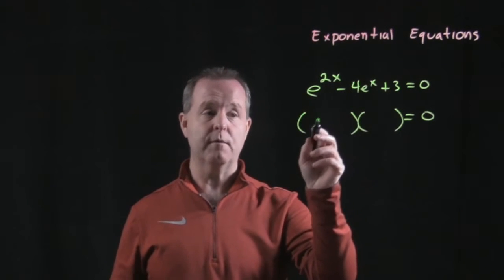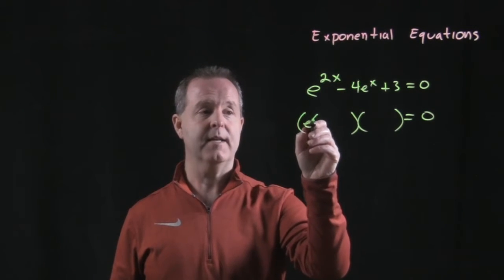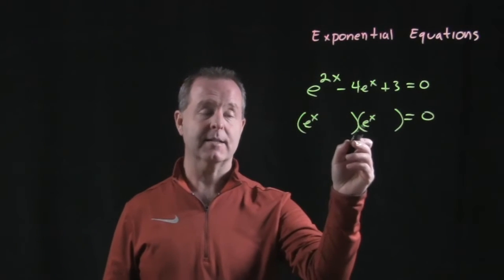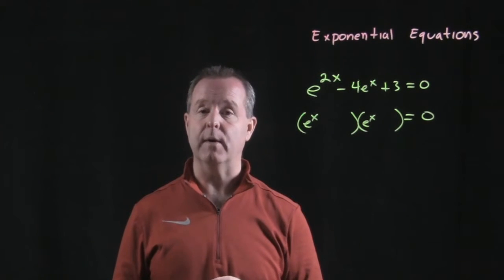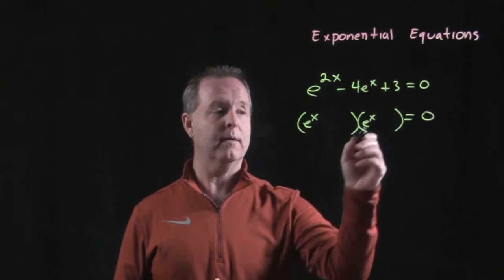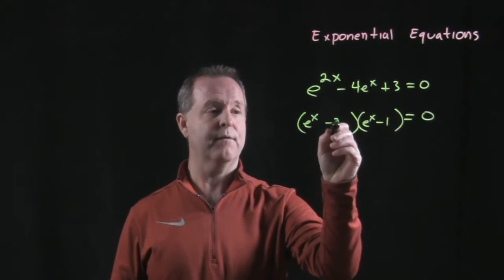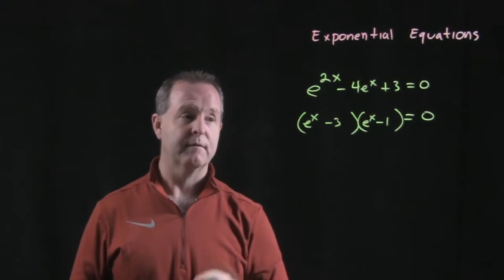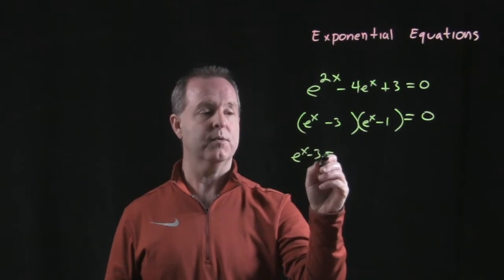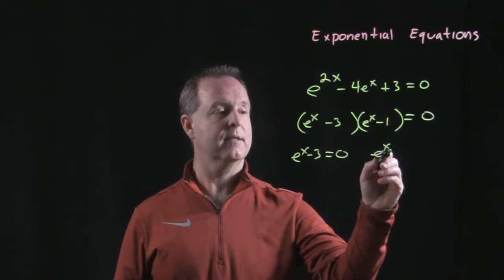This looks pretty normal so far. So I can factor to e to the x and e to the x. Because what is e to the x times e to the x? It's e to the 2x. Numbers that multiply to make a 3 that add up to a -4 would be -1 and -3. From here, each term, so e to the x minus 3 equals 0, or e to the x minus 1